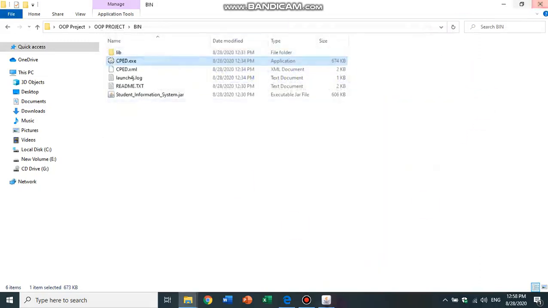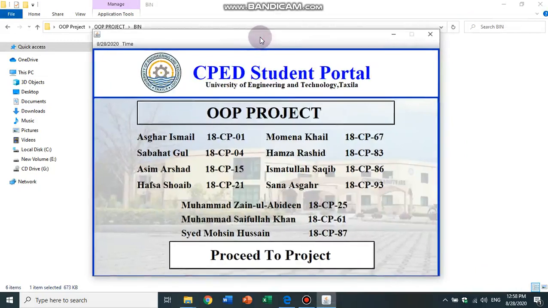So this was our whole project, and we have made it in Java NetBeans. We have used Apache Java databases and SQL statements. This project is made in Java Forms, and the purpose of this project is to make such a system which can collect and manipulate data in a better and easier way so that we can store and manage data. Thank you very much.